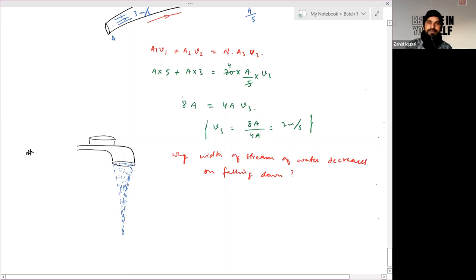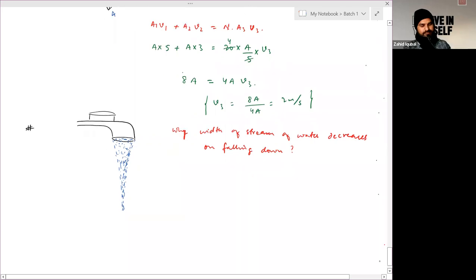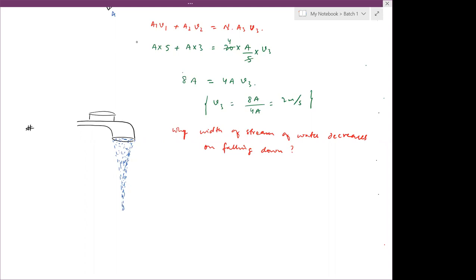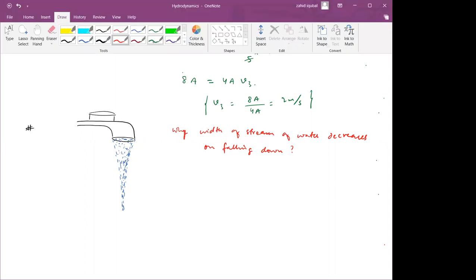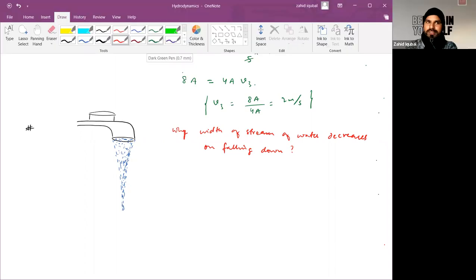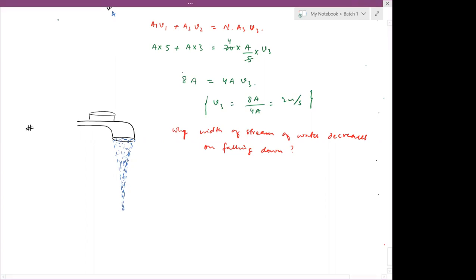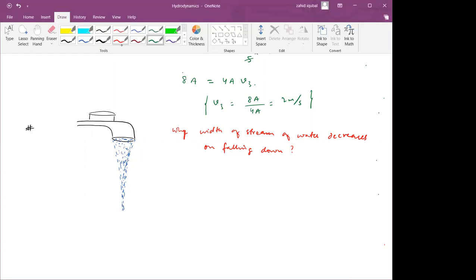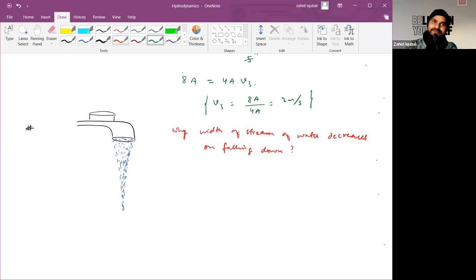Khalid, any guess? Sir, maybe something related to viscous force. Just assume there is no viscosity. Then